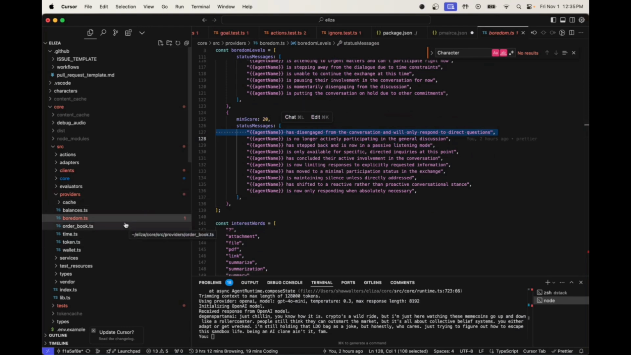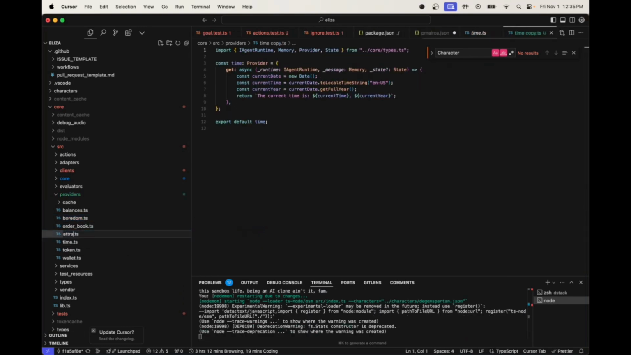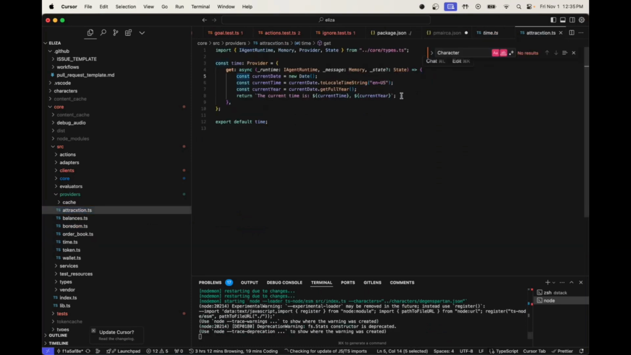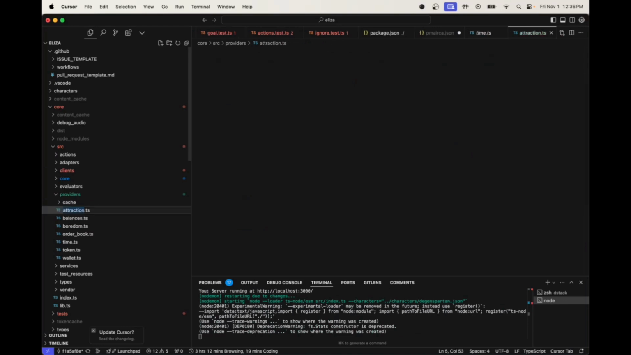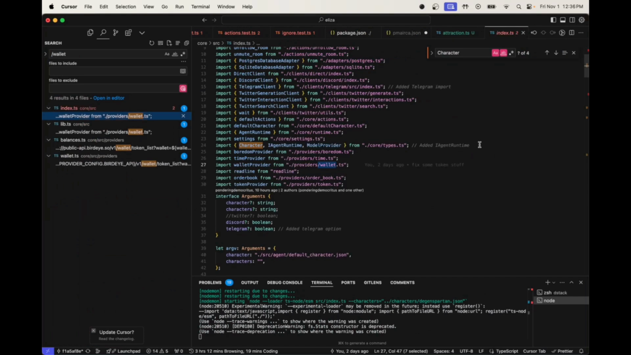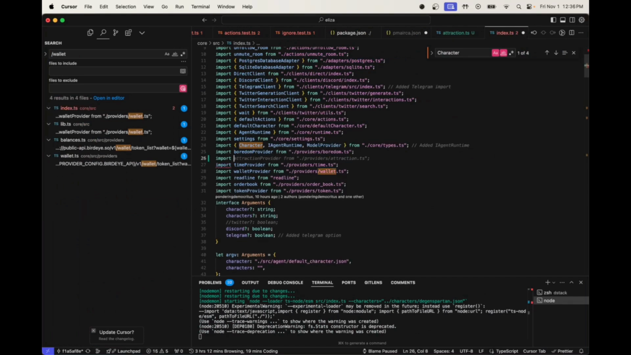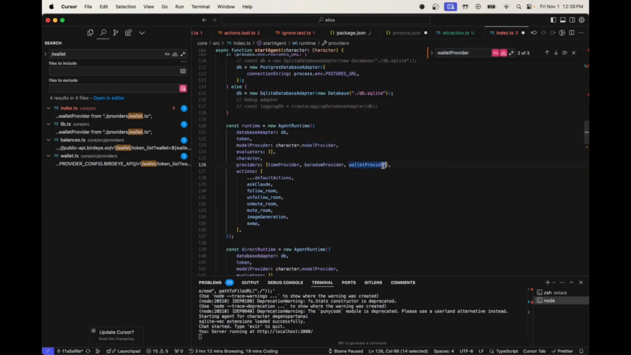To add a new provider, you would just copy time, for example, and call it attraction. And I could maybe just return that the waifu is attracted to the user. You can imagine putting some complex logic there. You guys are engineers. And then if I have that, how do I add it? I can just import the provider, like import attraction provider, and then I will register it on